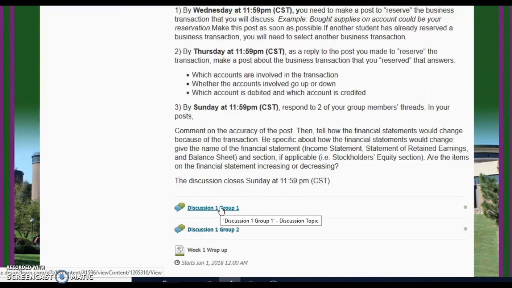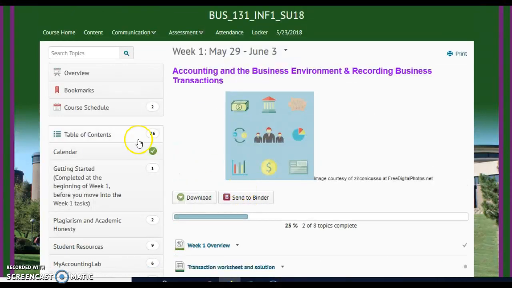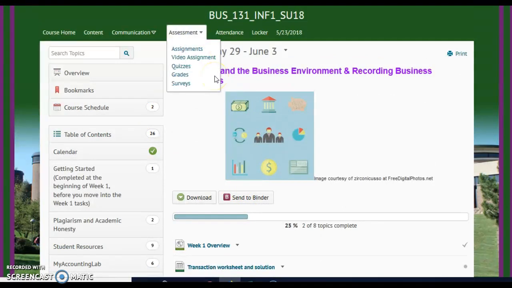And you'll see when you look on the syllabus, it's 15% of your grade. That is one of the things that I pared down for the summer session. We're only going to do 4 discussions. There's 12 in the regular semester, so you get a little bit of break on that. But that means you can't miss any of the discussions because they're going to have a big impact on your grade. Okay. The other thing that I want to show you is if you go to the Assessment tab and